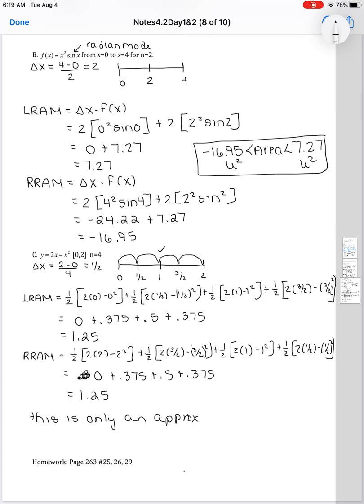Okay, now, remember, this is only an approximation. So these two numbers are right in the ballpark of each other. So that means the area is about 1.25 units squared. So there are going to be times where you get the same final answer, which is fine. Again, just make sure that you're writing that it's an approximation for these. So for all these problems, when you get to them, you're going to be